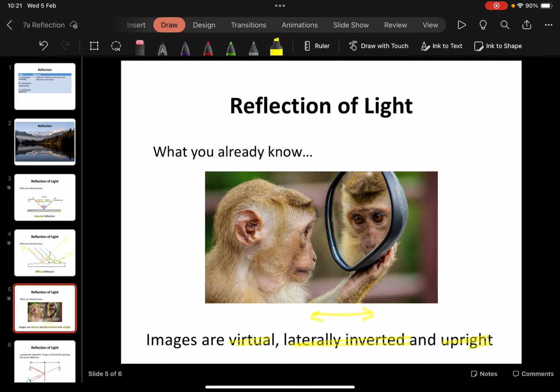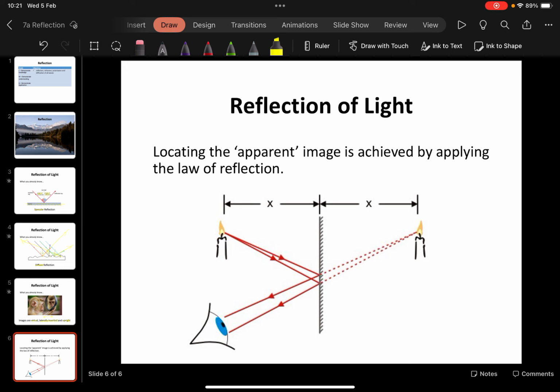Now, what does that mean? If I illustrate it with this diagram here, you've got an object, just a candle in this instance, and it's some distance x away from that mirror. The image of it appears the same distance behind the mirror. Okay, now these light rays that I've just highlighted here, they don't really travel behind the mirror. It's just where they appear to come from. And that's what we mean by a virtual image. Okay, the light rays haven't actually traveled along that path. It's just where your eye